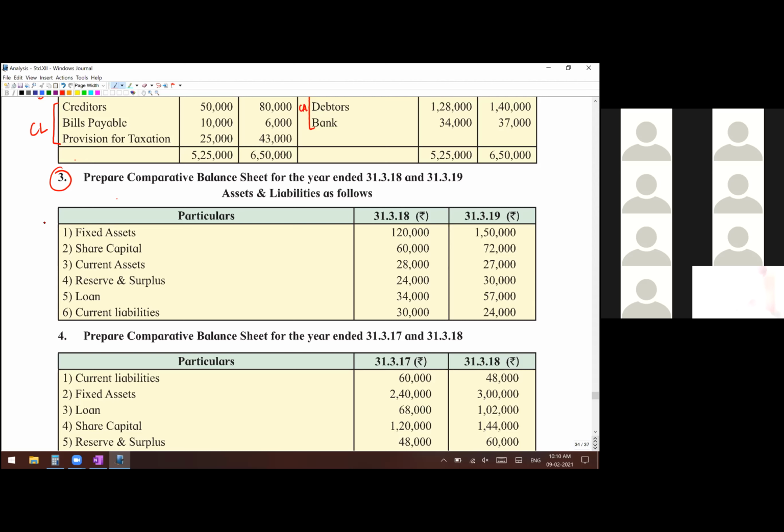There is no doubt over here that you will have. Fixed asset, you know, is asset. Share capital comes on the liability side. Current asset on the asset side. Reserves and surplus is below capital on the liability side. Loan is a liability and current liability also is a liability. But we have to classify and write it in the vertical format, that is sources of funds and application of funds. So that remains the same. And they have asked you comparative balance sheet, which means those 4 columns we are going to prepare. Very simple question. Let's finish it off very quickly.